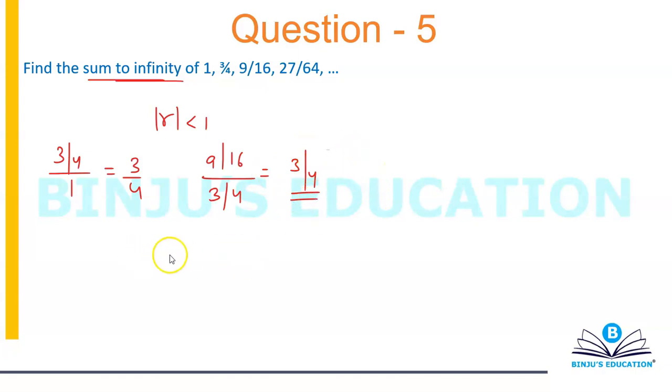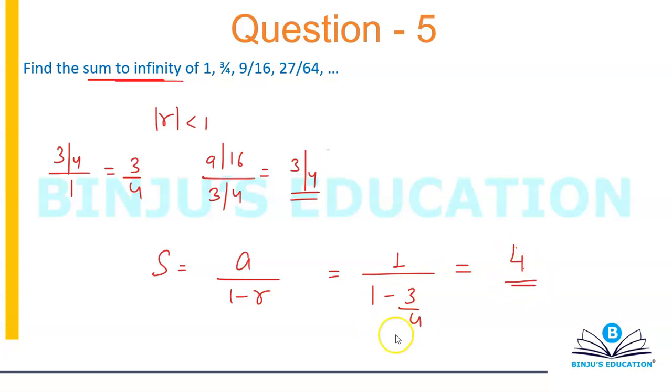So what's the formula to calculate the sum? The formula is a divided by 1 minus r, which is equal to 1 over 1 minus 3 by 4, which will give you the answer as 4 simply. So the sum up till infinity of this series approximates to 4. It's not exactly equal to 4, but it's very close to 4. And basically the bottom line is that the answer is 4. That's it, nothing else. You don't need to know anything more than that.